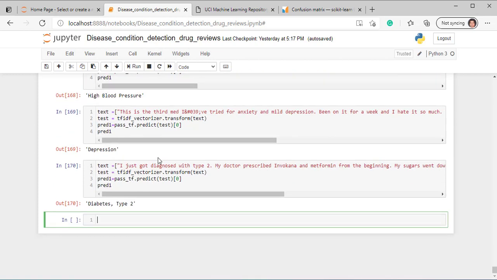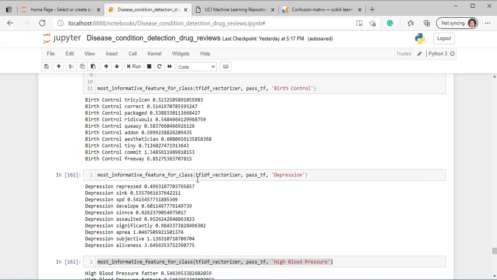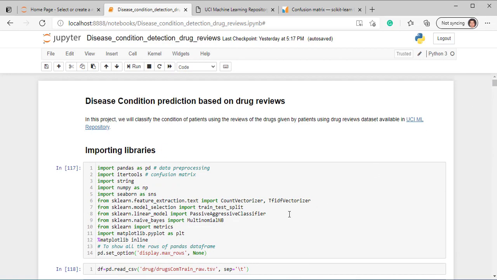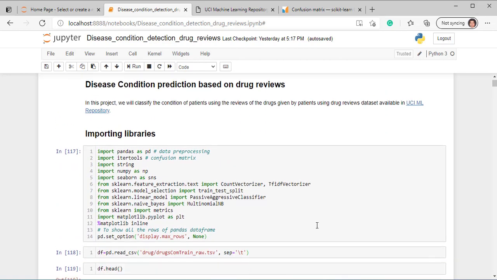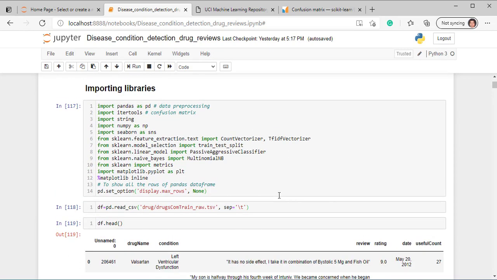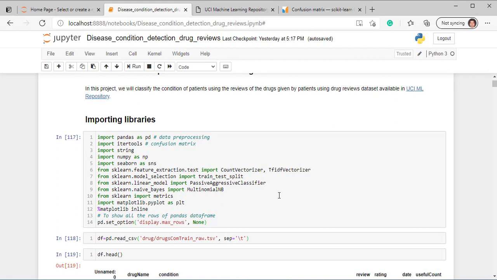So I hope this video helped you in understanding how you can build a machine learning project, an NLP project in the healthcare domain, and this is quite an unused data set mostly in NLP. I also used another use case of it, because simply doing sentiment analysis, you can do that. In another video I also demonstrate how you can do sentiment analysis on this, but sentiment analysis in NLP projects is really common, so that's why I tried to do something a bit unique in this.